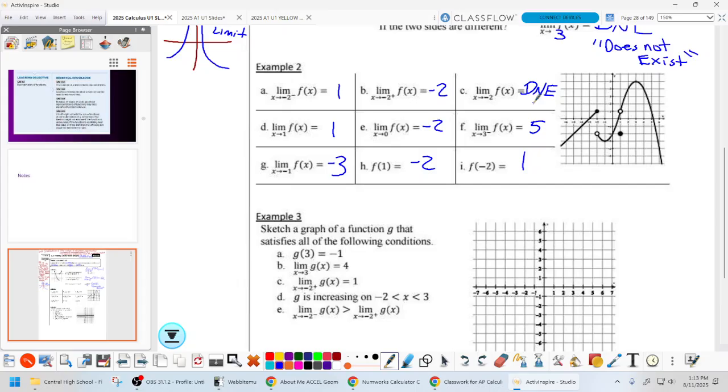Because f of x coming from the left here, rough, and f of x coming from the right are not equal. F of x at x equals -2 does not exist. The limit of f of x. Yeah. Okay. So use that technical language. You'd have to say the limit as x approaches -2 from the left equals, give the value. Limit as x approaches -2 from the right, give the value. Because the limits are not equal, the limit as x approaches -2 does not exist. Okay? FRQs